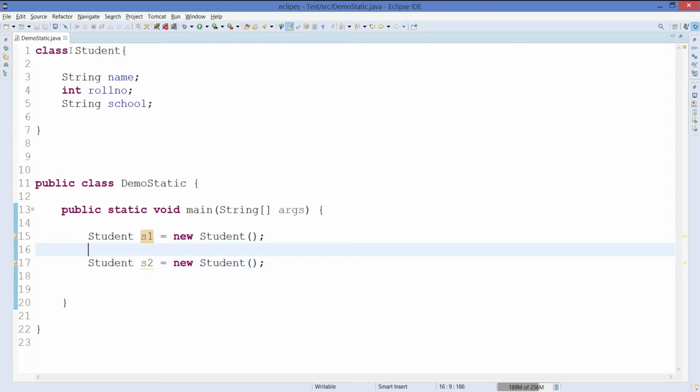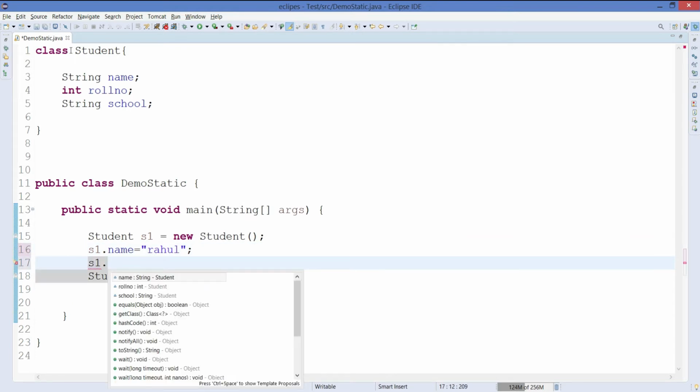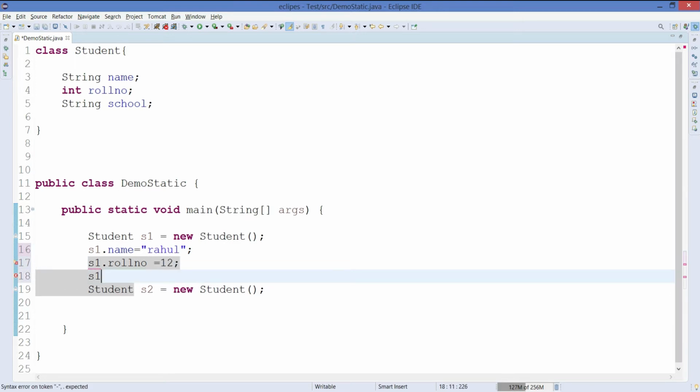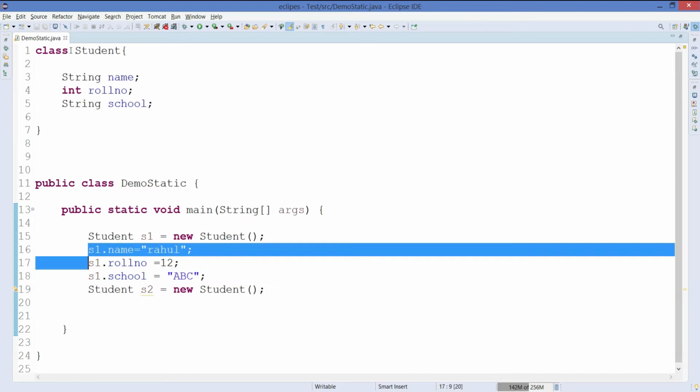Next we are going to assign values to the variables name, roll number, and school for both students. First, s1.name I will assign as Rahul, s1.rollNumber will be 12, and s1.schoolName, for now, I'm taking as ABC. So we have assigned values for the first object.